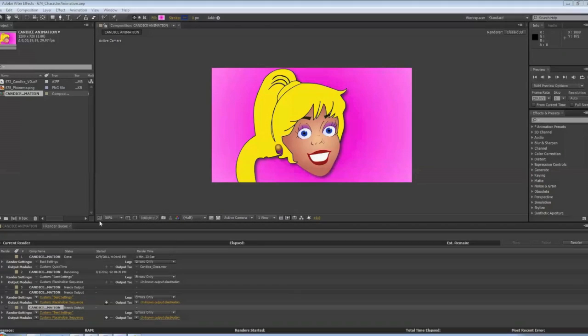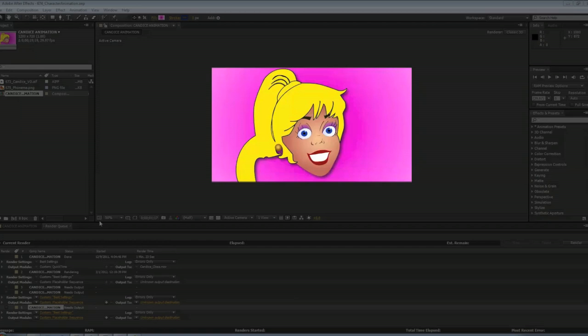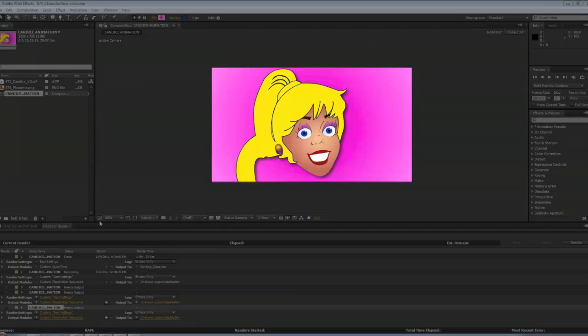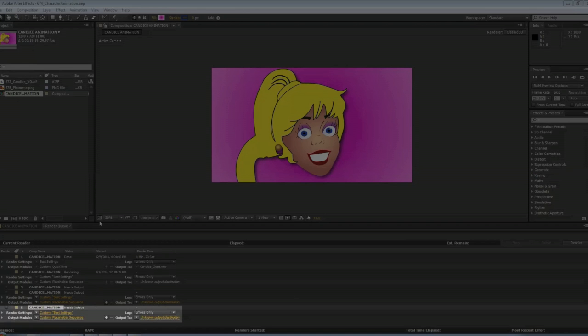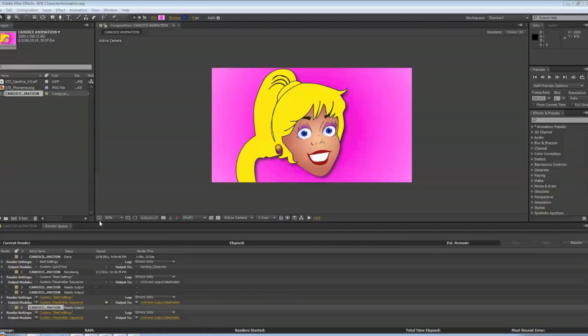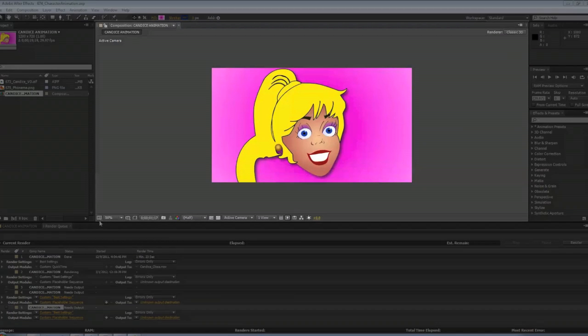In this demo, I already have After Effects open, and I've loaded up a test animation project of a girl talking against a purple background. Here I'm going to make a duplicate copy of the Canvas animation sequence I am working on, and then use that for my demo. Here, at the timeline view, we can scrub through in After Effects and find the section